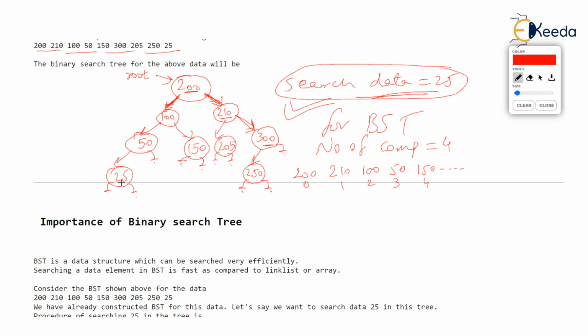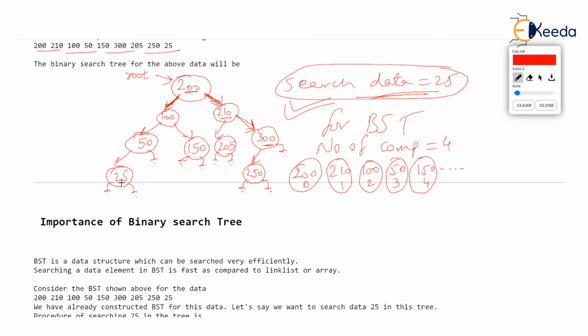Then this is really bad. Because how will you search 25 in an array? You will ask, is the 0th position storing 25? The answer is no. Then you will ask, is the first position storing 25? The answer is no. You will keep doing this and ask every position, is it storing 25, till you reach the position which stores 25, correct or not?